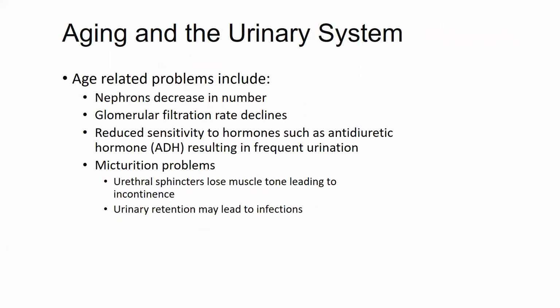And then lastly, we'll touch on some age-related problems that are seen as the kidneys age. The nephrons decrease in number. Also, what has been shown is that the length of the loop of Henle decreases as well. We'll talk about the importance of